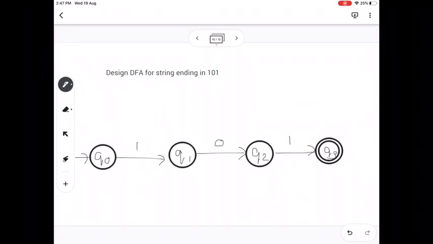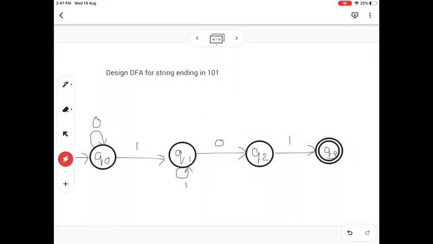Now we'll complete the whole transition graph with all the inputs at all the states. We have only two inputs, 0 and 1. Okay. So for 0, here I remain in the same state. At Q1, if I get input 1, I remain in the same state, as in the previous one, and for 0 I am going further. I can make 1, 0, 1. Okay, and I am ending in the final state.